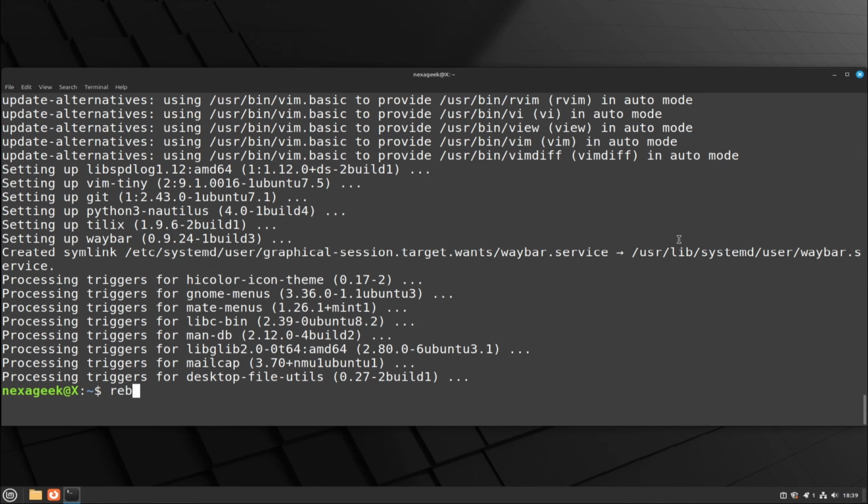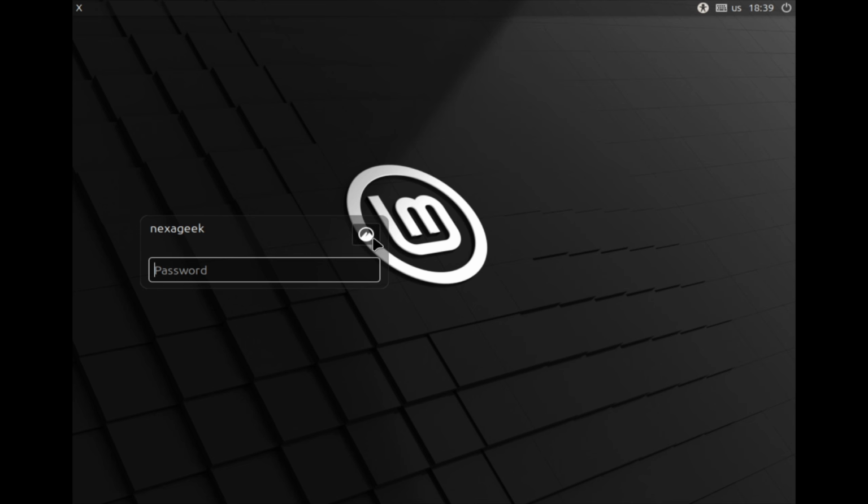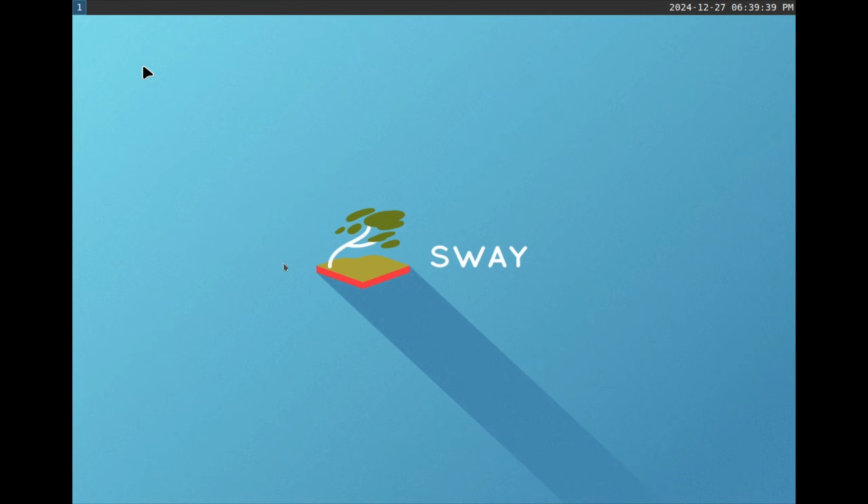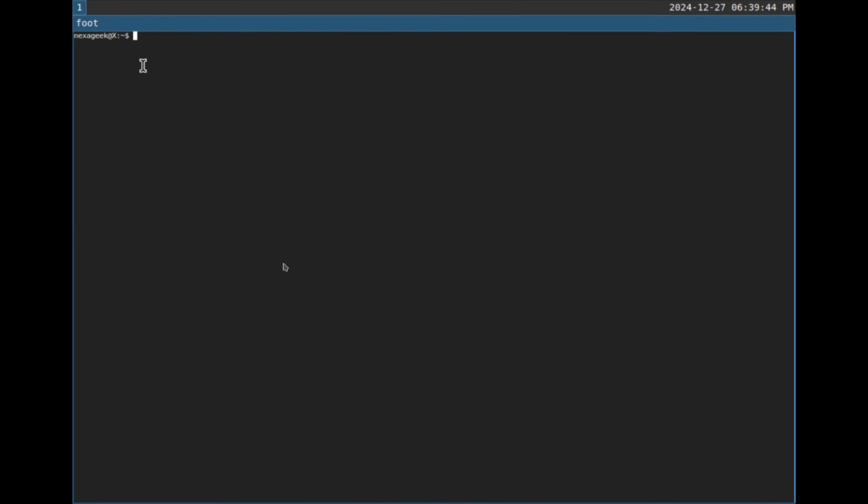Now let's reboot the system and let's choose Sway. Let's log in and now let's click on Super and Enter to open the terminal. And now let's create a folder for Sway configurations. Make dir .config